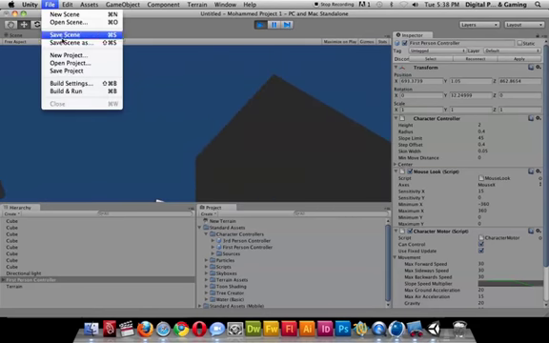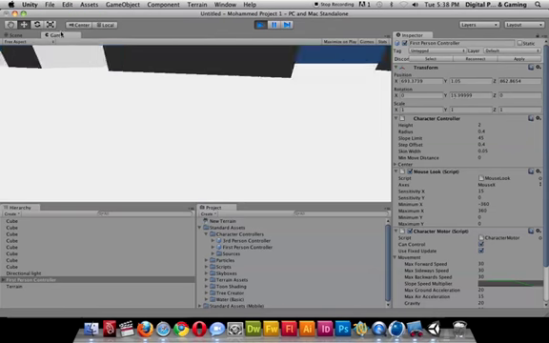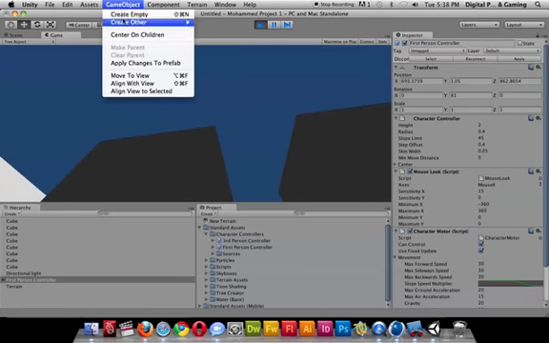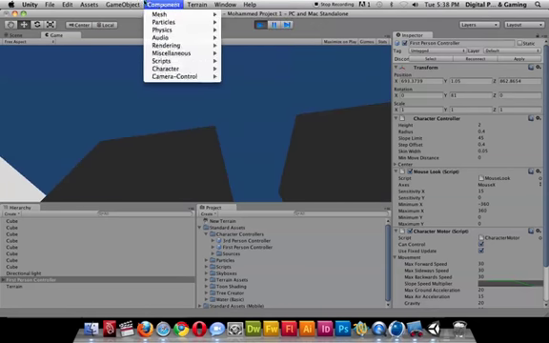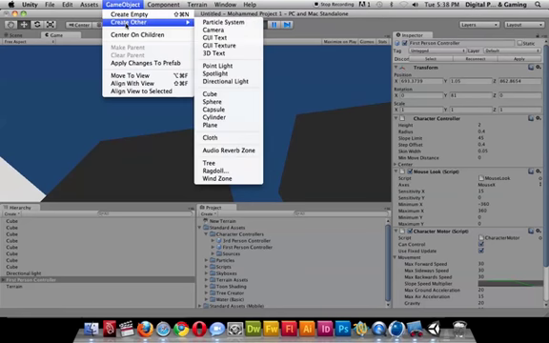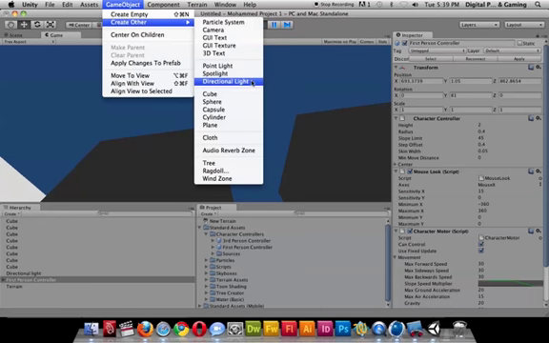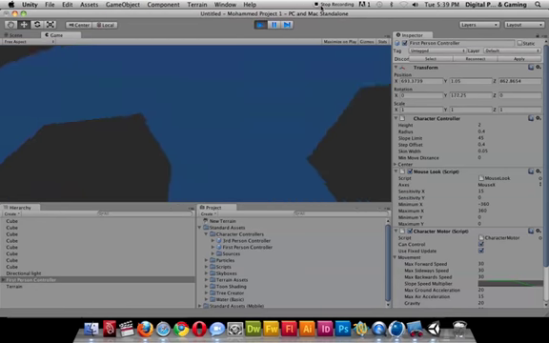Okay, so again, we're going to create a new project. In the new project, we're going to go ahead and delete the camera, and then just go ahead and create different terrains. So we're going to create a terrain first, different game objects. Under game objects, create other. You're going to have cube, sphere. Just create some stuff here. Don't spend too much time because it's just a test for you to know how to move around. Create some stuff there, and then we're going to go ahead into the standard assets, bring your first person, drag him in here, and then bring in some lights. Also under create others, directional light. And all this has been recorded, so you can go ahead and refer to the